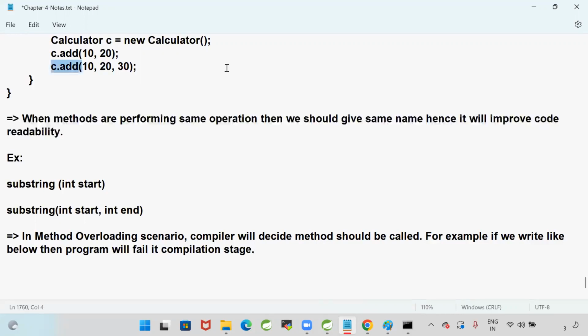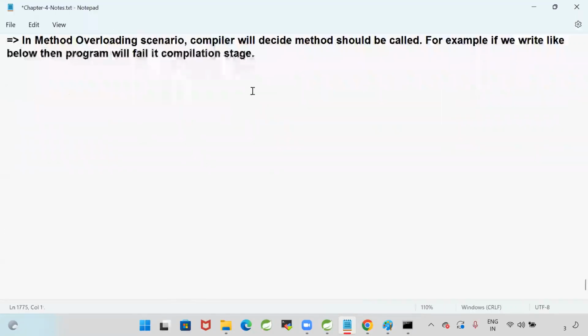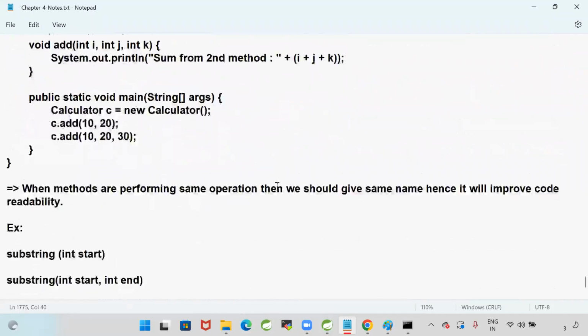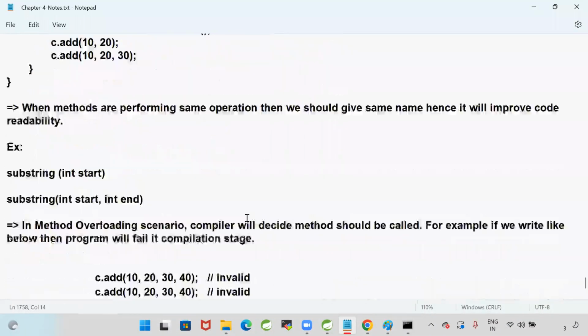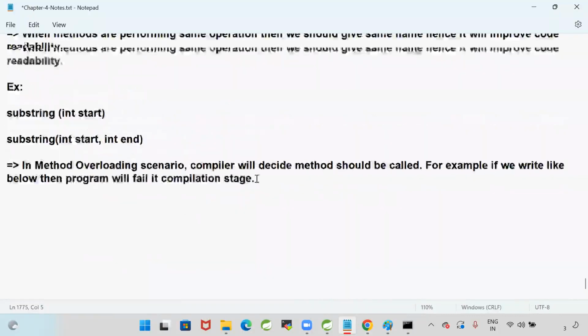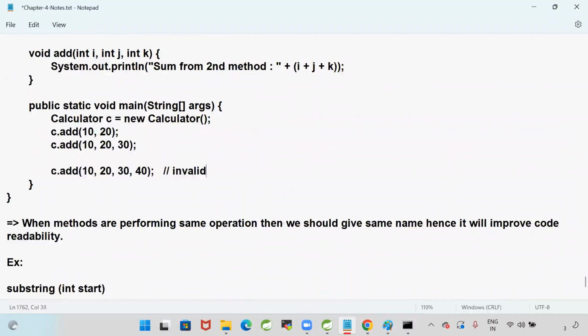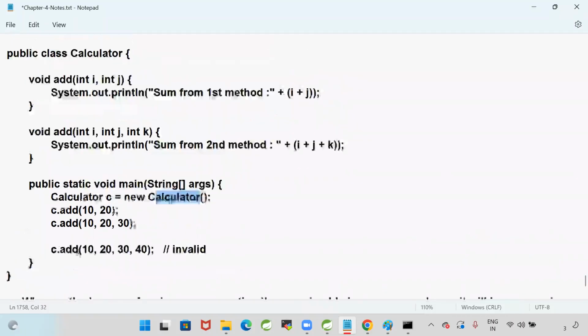When will it fail? Yeah, this line will fail. Why is it failing? Compile. What do you understand now? What is c? C is a reference variable, holding which class object? Calculator class object. In the Calculator, do we have an add method? Yes, but